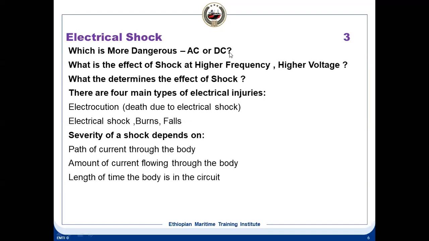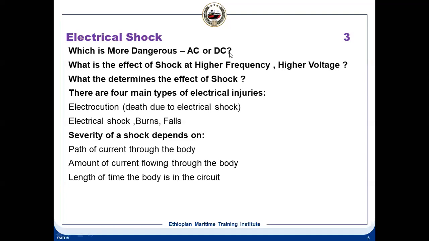And the other thing is the capacitance effect of the AC, because the victim's body acts like an insulating medium. So the live wire and the grounding system, because somebody is touching a live wire and the other side is the ground, in between it forms a capacitance effect. Now in this case you can see, if it's DC, the DC offers infinite resistance because F is equal to 0. So your Xc is equal to 1 by 2 pi F C. When F is equal to 0, the capacitive reactance will be infinite.